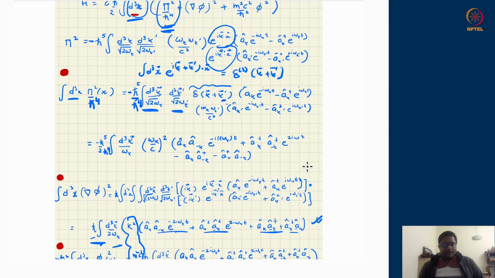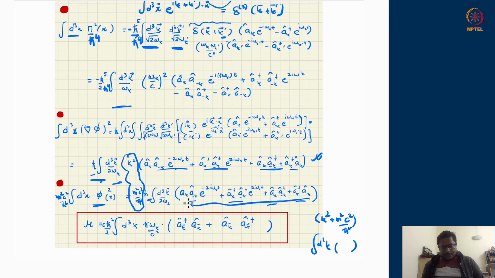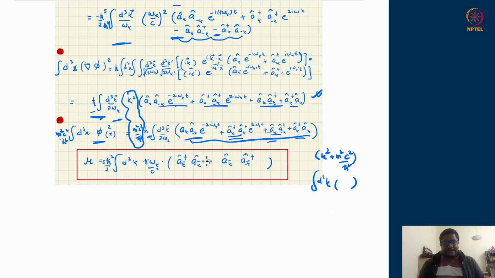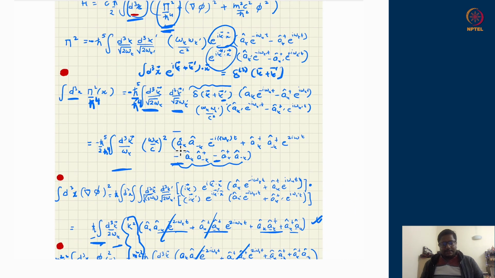Now look at the term over here, which is coming from the first term. It also has roughly the similar kind of structure, but you see there is a sign difference. All the terms appearing here are positive. Here some terms are negative, and outside there is a negative factor. So these terms will become plus sign, the upper terms will become minus sign after you absorb the minus inside, and they will exactly cancel these terms. These terms here, here, here are exactly cancelled by these terms.